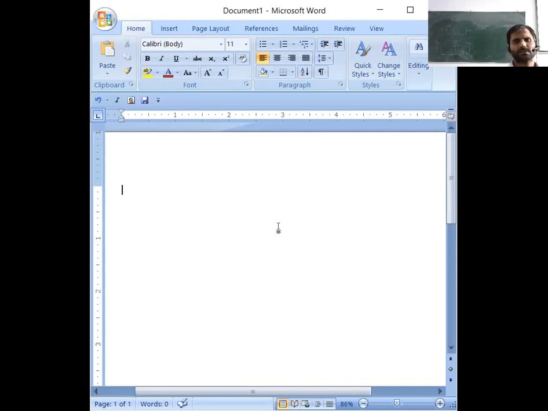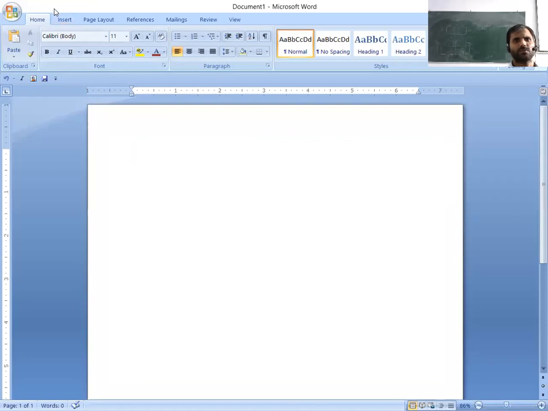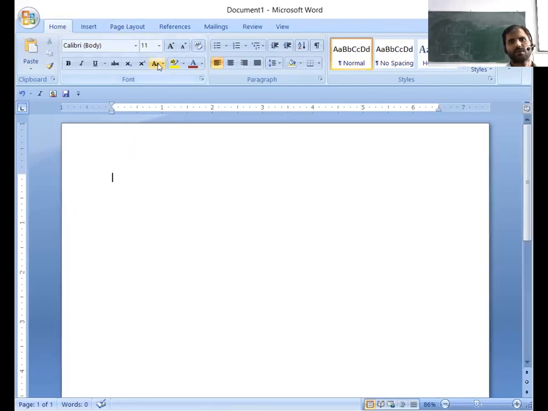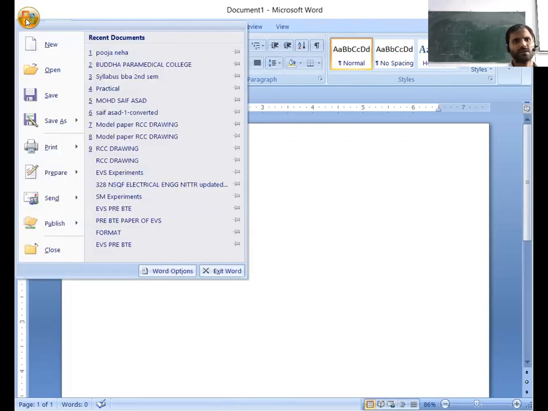And below that, you can see there is a menu bar where you can see different types of menus, which include insert, home, view, review, reference, and you can also see the leftmost Office button, where you will find some options to create a new file: new, open, save as, print, prepare, send, publish, and close.